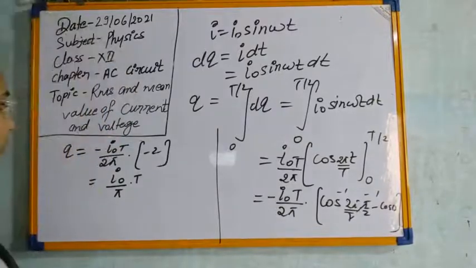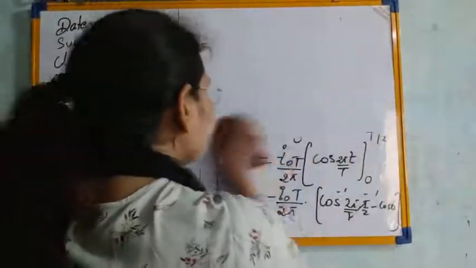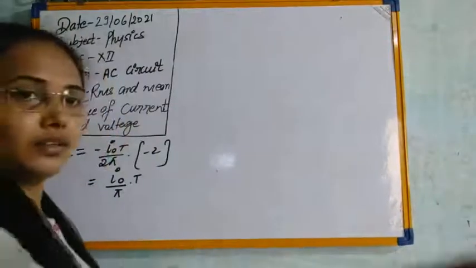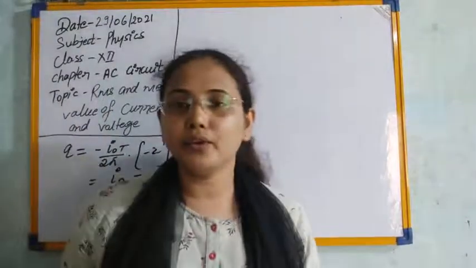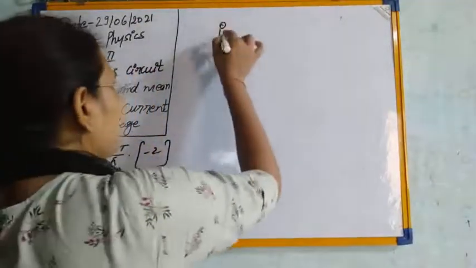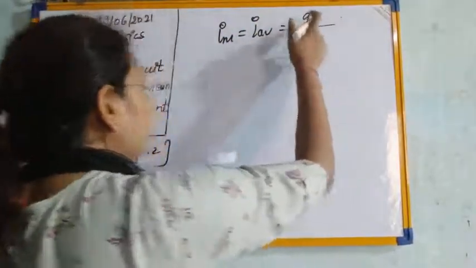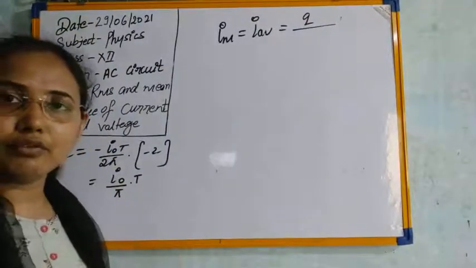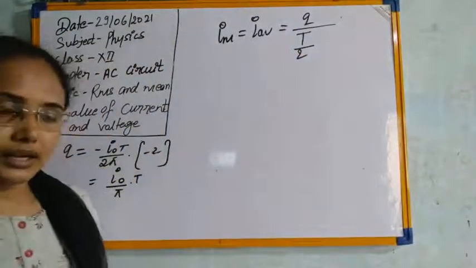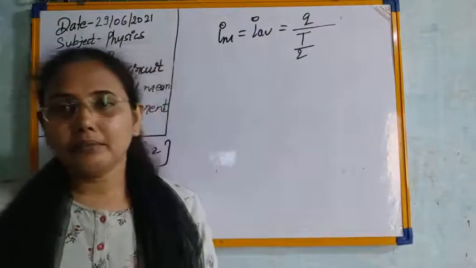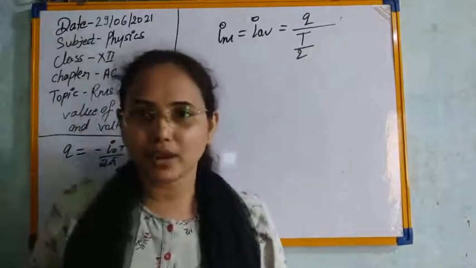Now we can find out the value of the average current by using this charge. As you know, the current is given by the charge flow in the circuit per unit time. So if we have to find out I average or I mean, this will be given by the charge flow in the circuit for the time for which we calculate the average, divided by the time taken by the circuit. Here the time taken to give this average value is half of the time, so half of the time is 0 to T by 2. So in T by 2 time we have to find the mean value of the current.